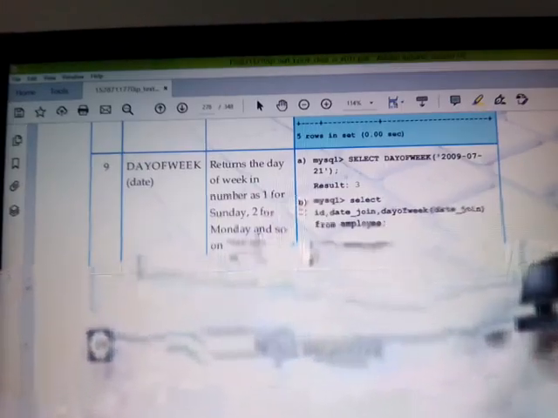Next is day of week. Again, day of week means, suppose we know very well that there are 7 days in a week. Suppose today is Thursday. If you want to know which day Thursday is, you have to consider Sunday as 1. Sunday is 1, the second, Monday, will be 2, Tuesday will be 3, Wednesday will be 4, and 5th will be Thursday. So we can say that Thursday is the 5th day of this week.